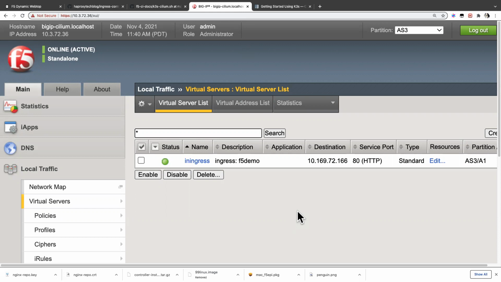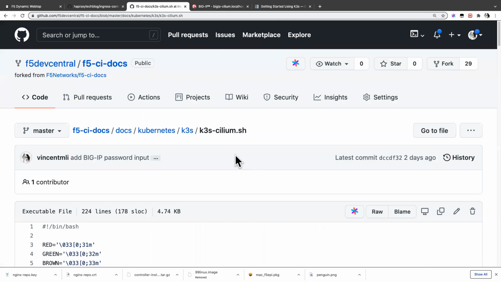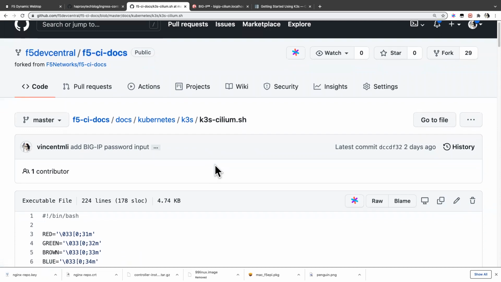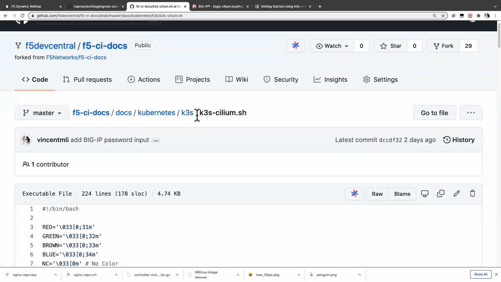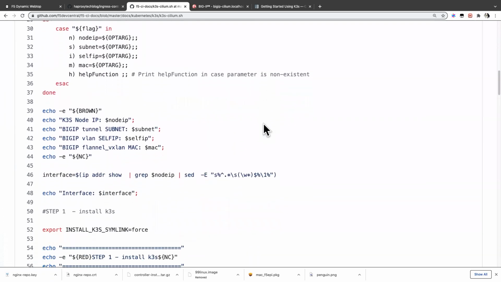do a quick demo, like under 10 minutes, to set up the deployment. So I have a script, a bash script, in here F5 Dev Central, and under this F5 CI docs repo. Okay, so under this repo, I have K3S Cilium bash script. So basically, this bash script will